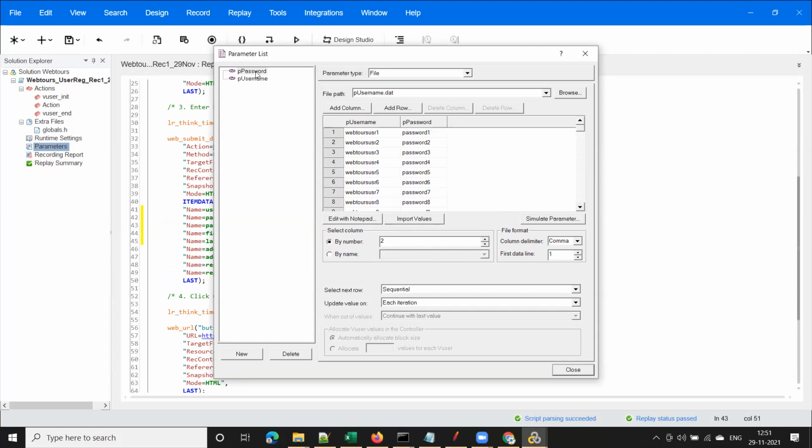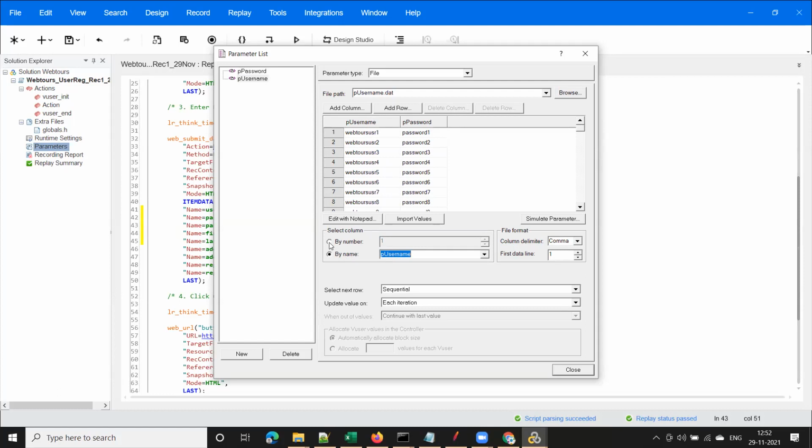Right now, also observe here, this is p username, this is p password. There are two parameters here, p username and p password. One more thing is, like select p username, and by default, column numbers will be specified here. Select column by number 1 means this is column number 1, right? P username is column number 1. So select by name, and select this by P username. Select means instead of column number, I am selecting column name. Understood? What is the difference?